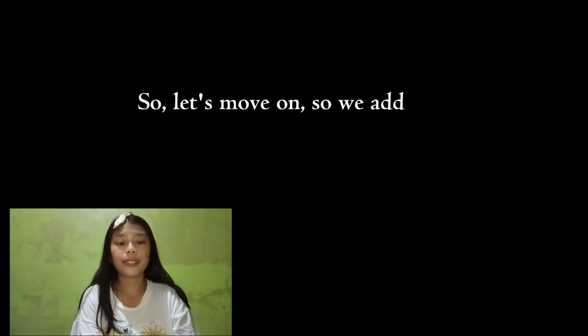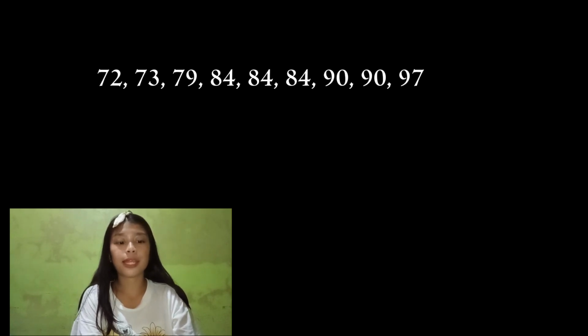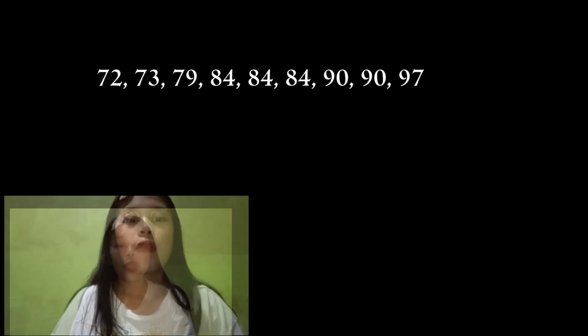For the median, we have the numbers 72, 73, 79, 84, 84, 84, 90, 90, and 97, which is 9 numbers in our data set. The middle number is going to be the fifth one, because we have 4 on the left and 4 on the right. For example,